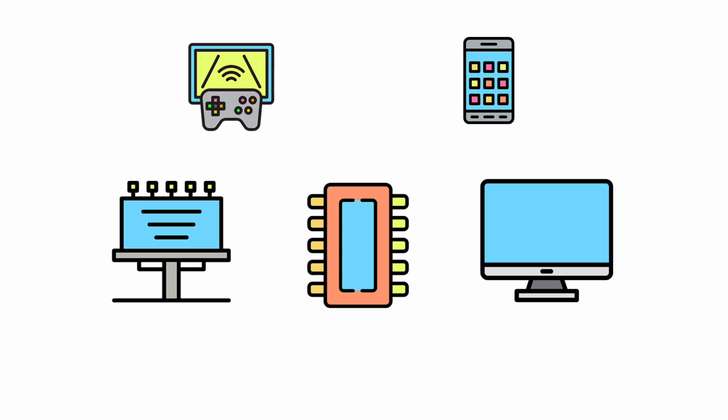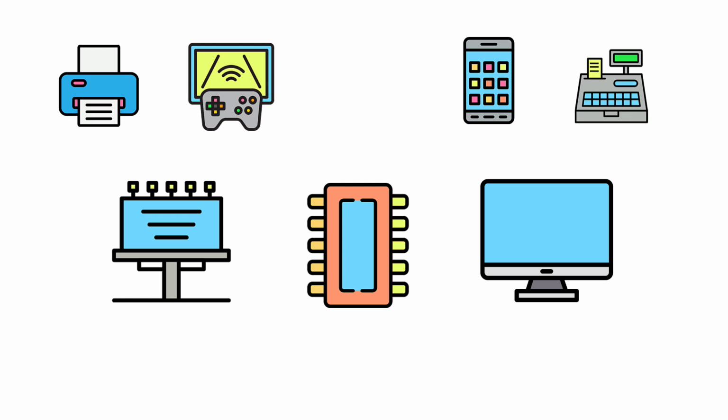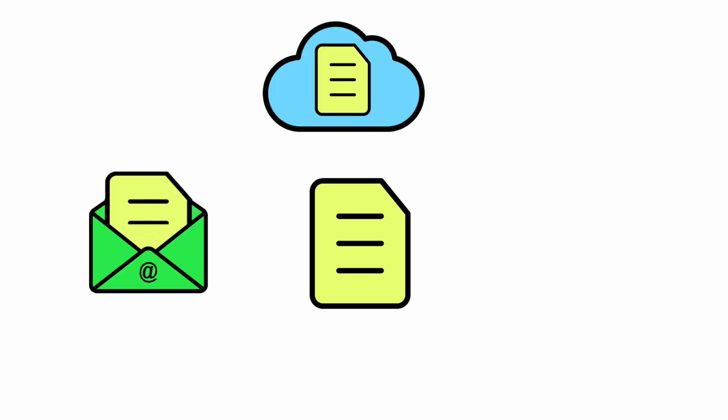Alternatively, output can go to devices that create something physical, like a printer or a store's checkout register that display results on paper, or a 3D printer that creates a tangible object. Another option for output is saving the information to a file on the computer. This method is beneficial because it creates a permanent record that can be accessed at any time. It also makes the results portable, so they can be easily shared by email, uploaded to the cloud, or transferred